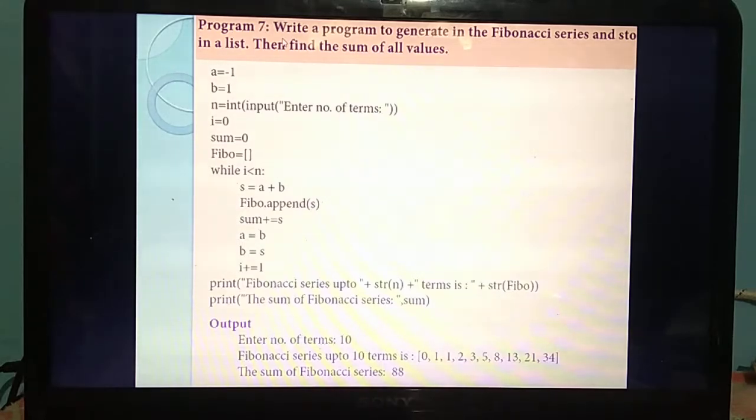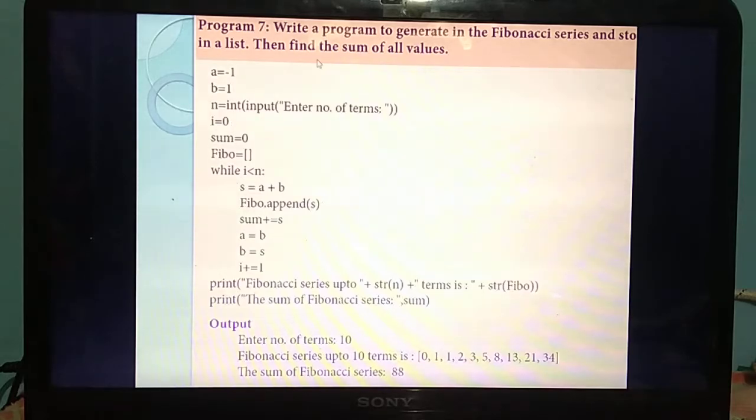Next we are going to enter the number of terms. However many terms you enter, that many times it needs to iterate, which means you need to give it inside a loop. For that iteration you are giving another variable called i. The initial value of i is always 0. In the programs we studied last week, the initial value of i was also 0.